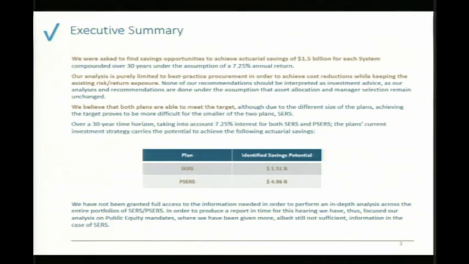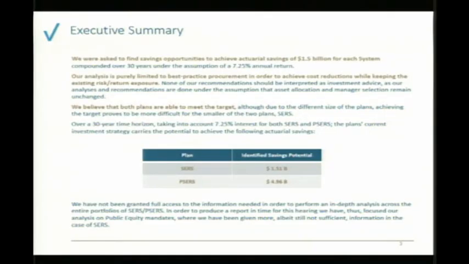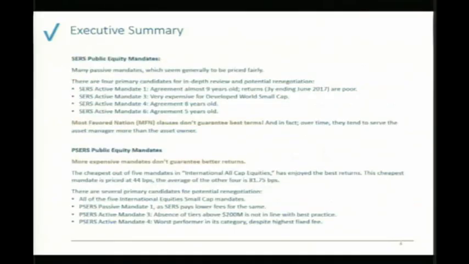So maybe as an executive summary, on SIRS, we see there are a few mandates. We've anonymized them, but I'm more than happy to share, of course, the details on those managers with the two plans. So we've identified essentially 4 mandates that we believe should be and could be renegotiated. We will later on also say to what levels we think they could be renegotiated, and based on what reason we think that should be achievable. But there's essentially 4 mandates we think that should be renegotiated.